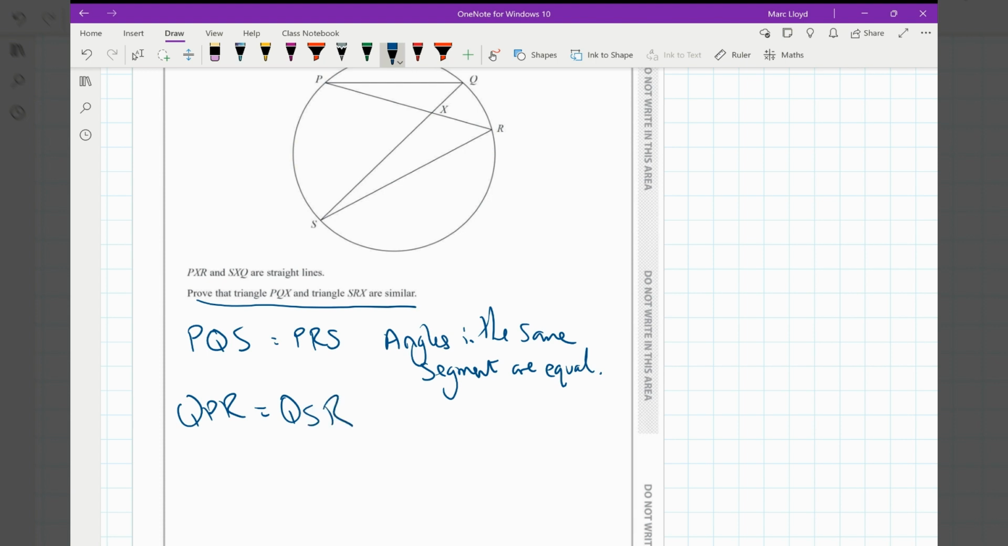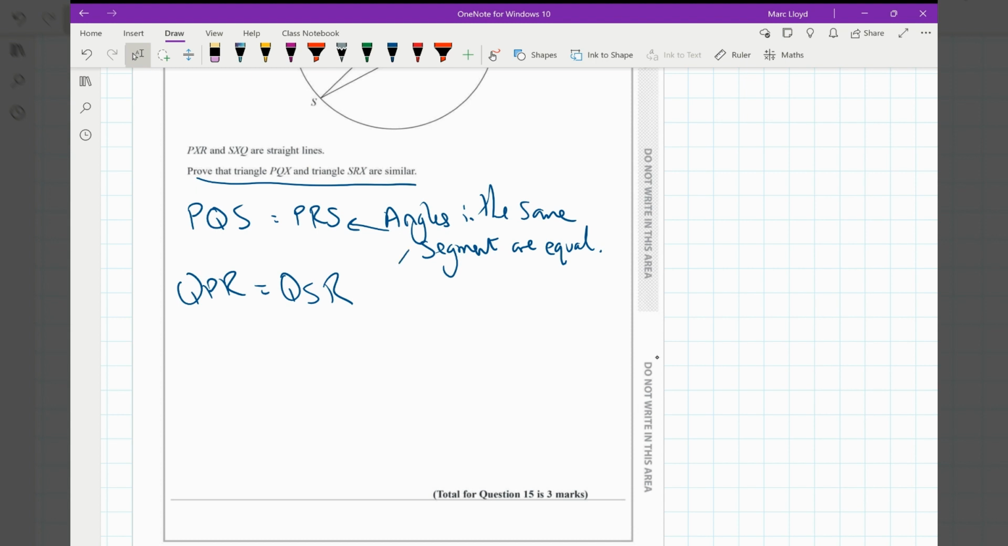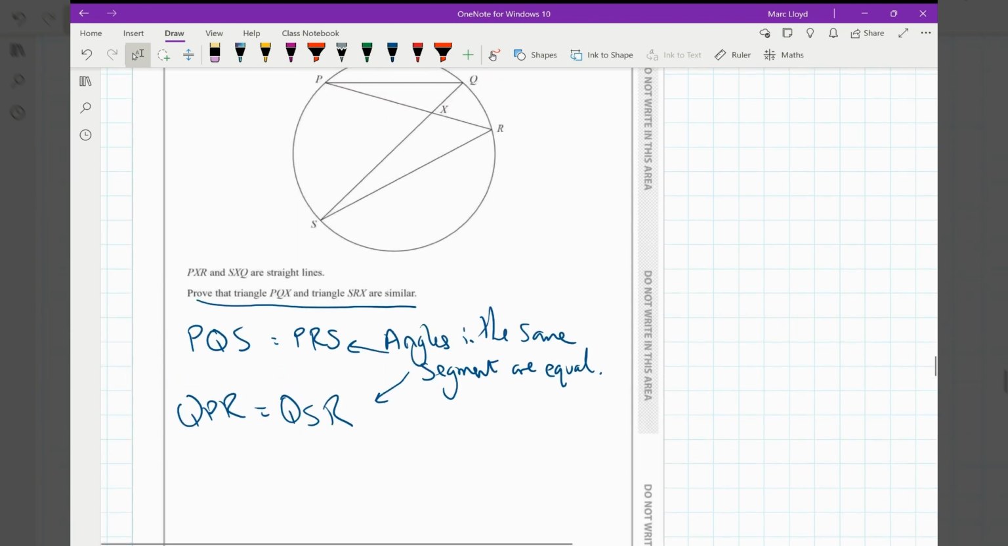PQSR. You'll notice that the first and the second, the first and the last letters are the same for that. QR, QR, PS, PS. And that gives you the indication that they start and finish at the same place for both those two angles. So angles in the same segment are equal, angles in the same segment are equal, and then finally we've got